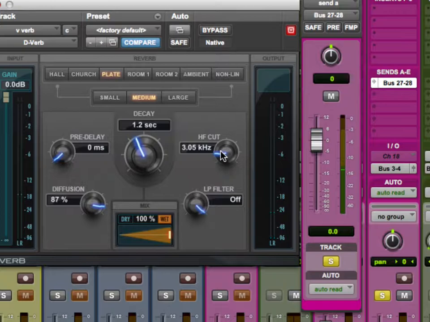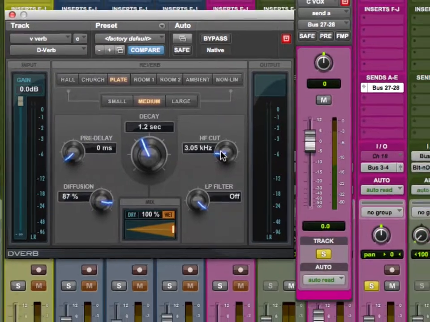See all the S's and consonants I got out of there? Now they will be accentuated by the actual vocal performance. This reverb will support the vocal, make it sound thicker, but it won't be all over the S's, which is a